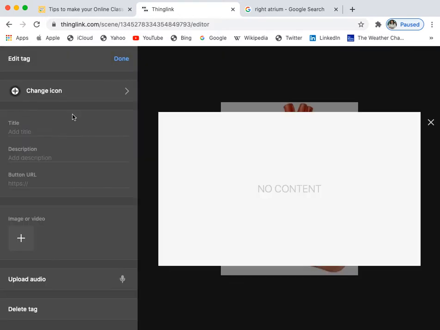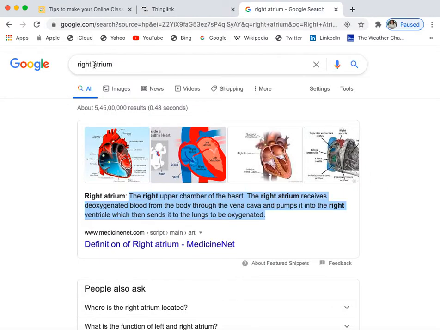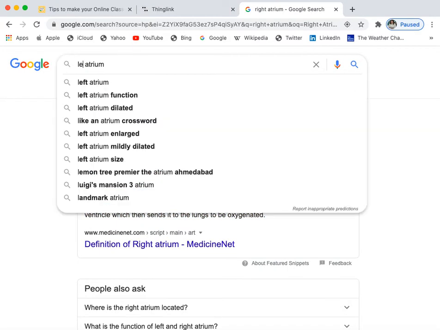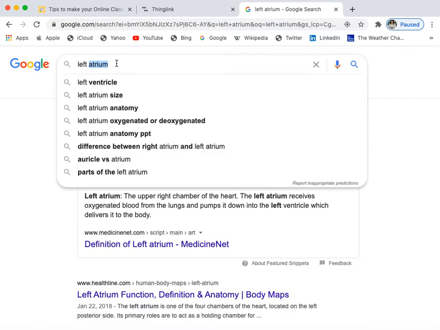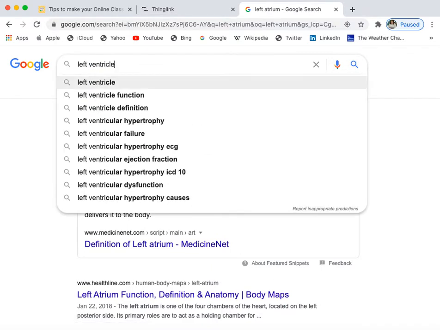I'm going to this tag itself, and I'm talking about, say, left ventricle, and there I am giving some kind of description. So in place of right atrium, I would like to go for left ventricle. So left ventricle function.